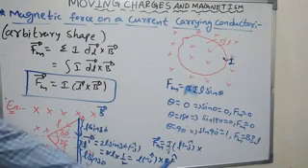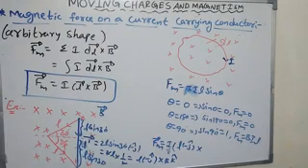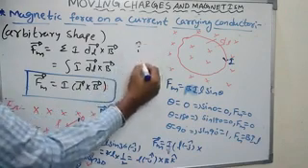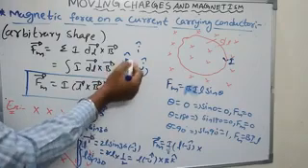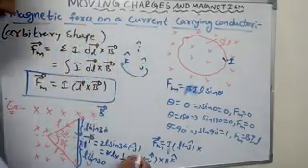Okay, J cap cross K cap. I J cap, I cap, J cap, K cap. J cap cross K cap, I cap. Okay, minus is there, minus